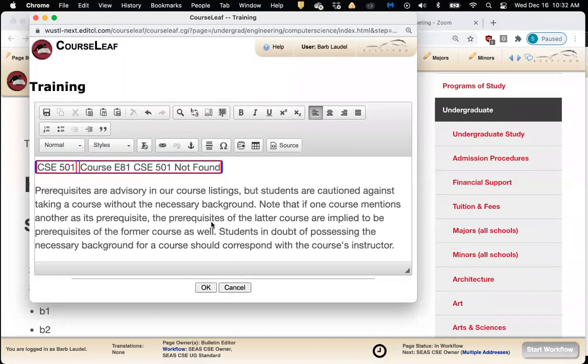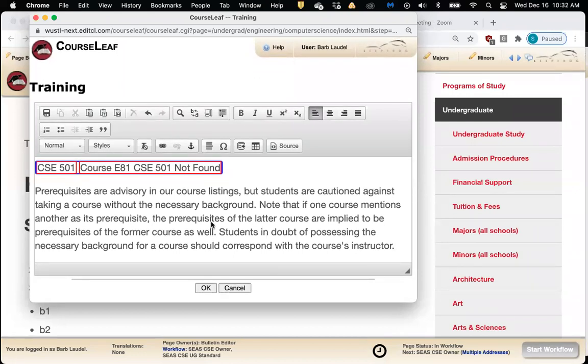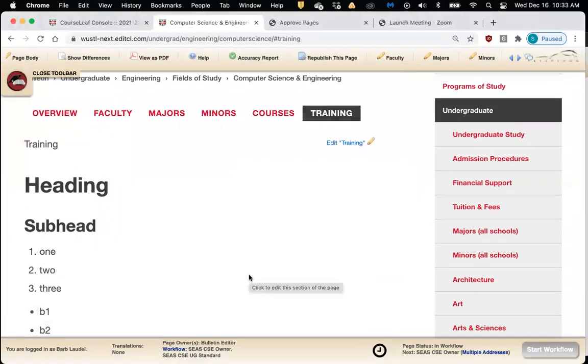So the next thing I want to talk about is how to do a course list. A course list is basically a table where you have a list of courses.